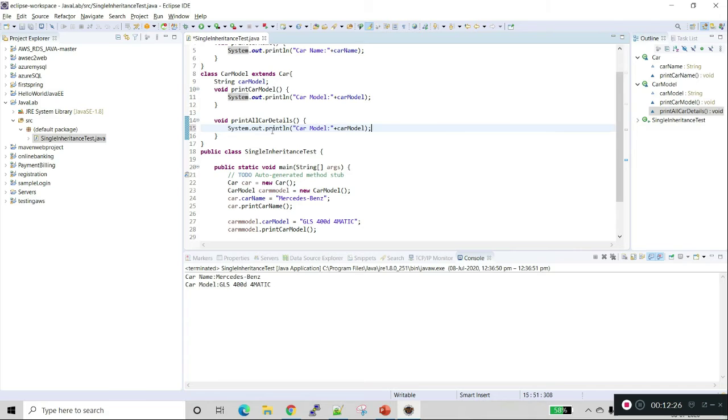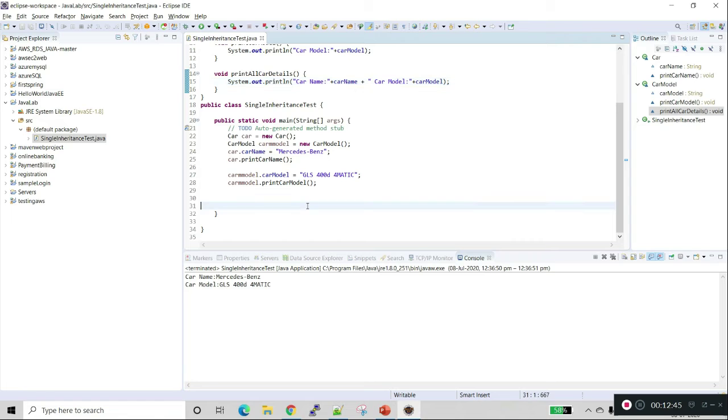We will print car name plus car model, so we can see how the inheritance works.